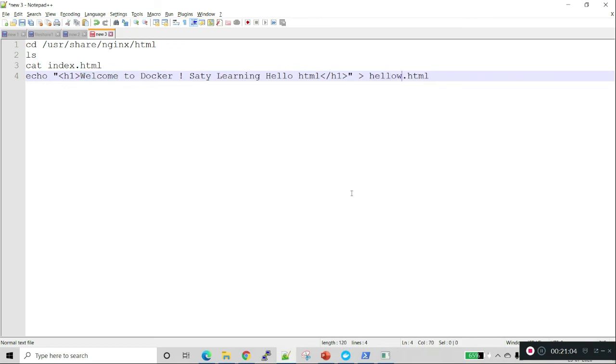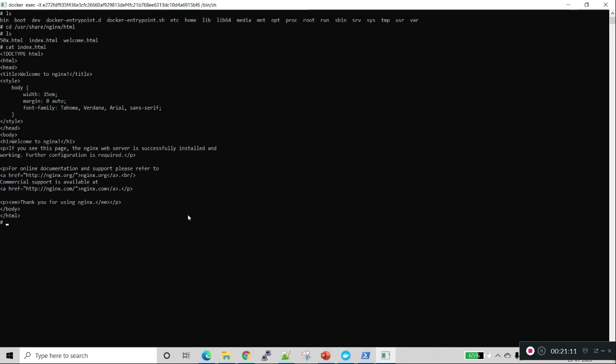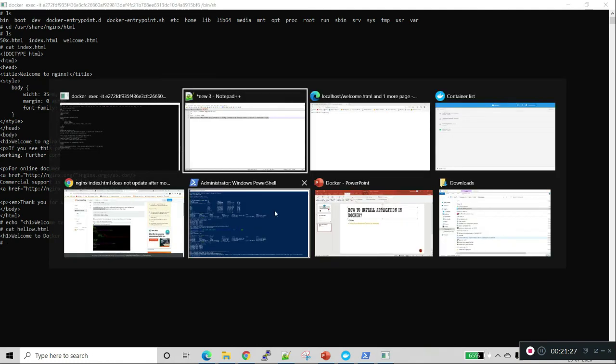So the file name is created, and I'm checking whether the file is created successfully or not. We will use the cat command. Yeah, it's up. Now we will go to the web server and check whether hello.html is up and running or not. Yes. Welcome to Docker SAT learning hello HTML.